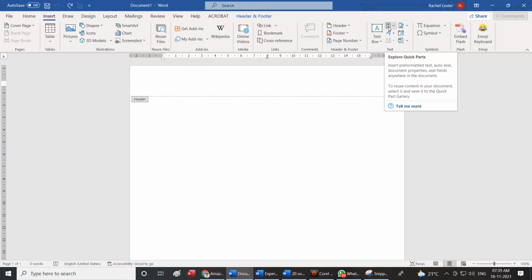The quick parts option is used to insert pre-formatted text, auto text, document properties and fields.